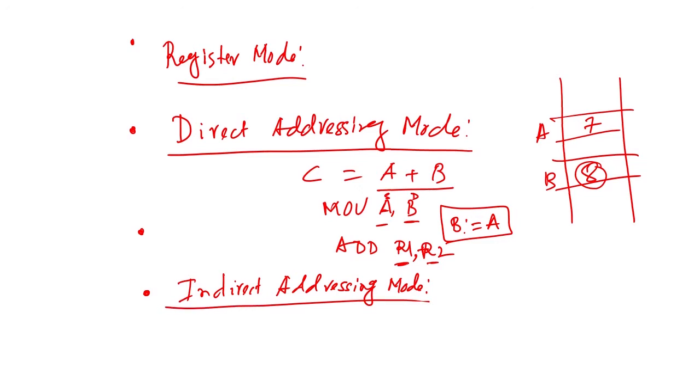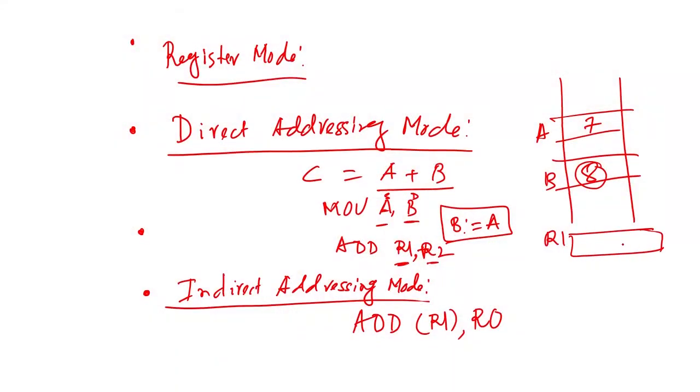Indirect addressing mode is something we can write here. In register mode, add R1 R0. What is that? Here also we can write add R1 R2. That means the operand is in R1, whatever is there in the register R1. Say R1 has value 7 and R2 has value 8, and you store the result into R2. So, 15 will be stored here, because it is a register. This is something called register direct.